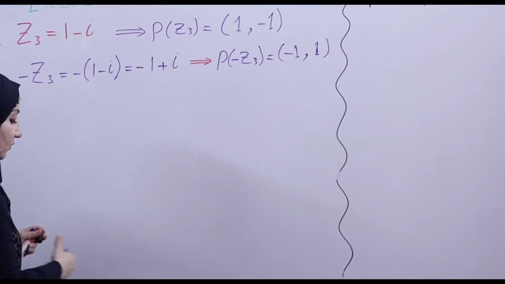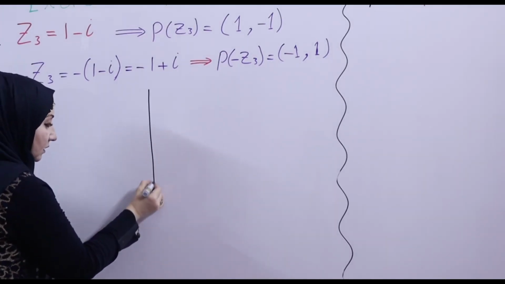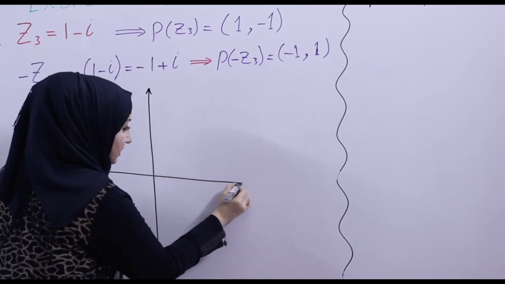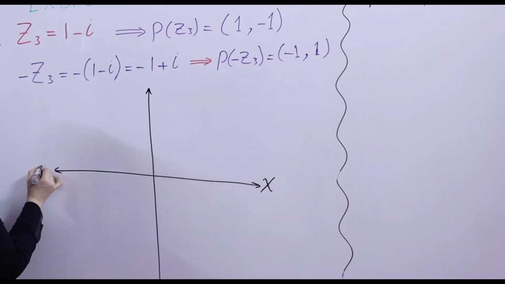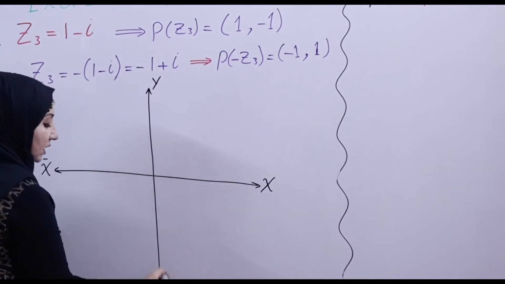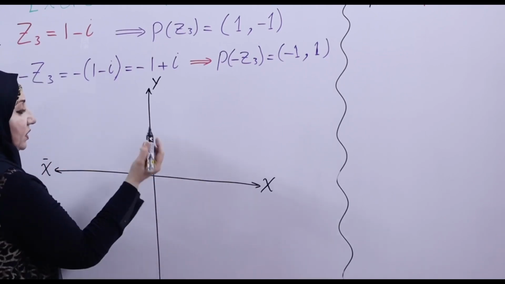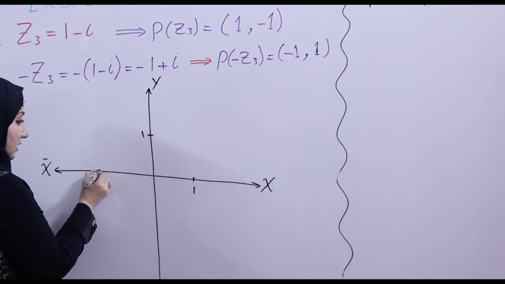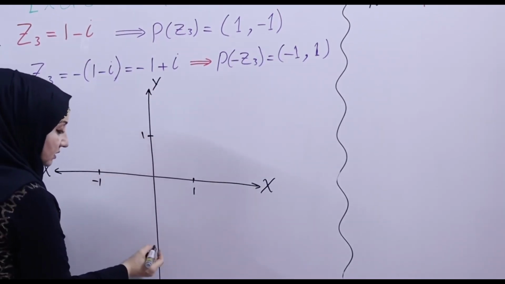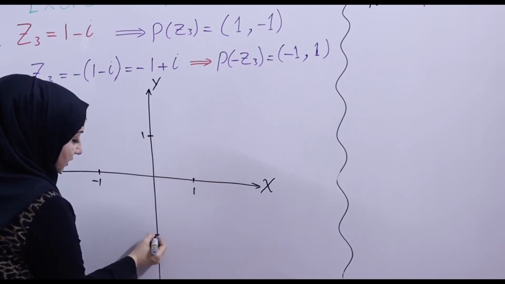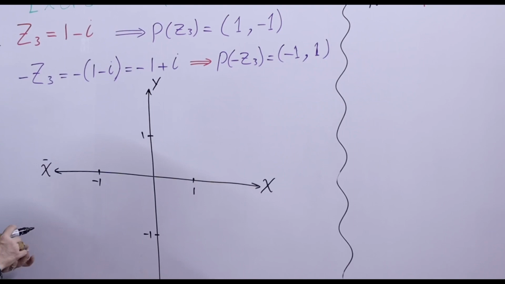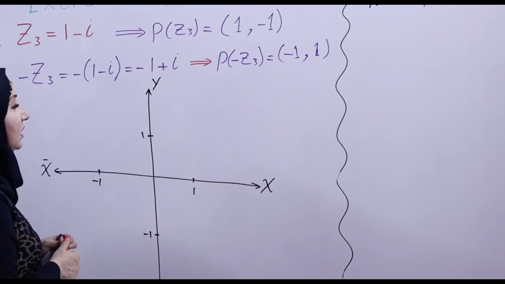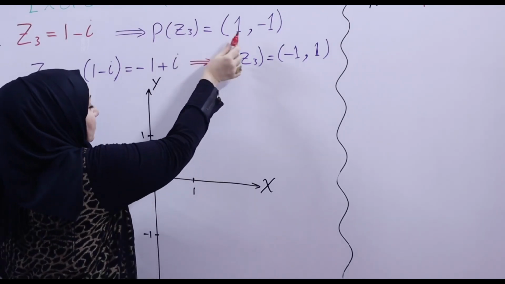And we will draw the vertical axis and horizontal axis, which represent the x-axis, and here is the y-axis. So we need the points positive 1 on the y-axis, and here negative 1 on the negative x-axis, and here is negative 1 on the negative y-axis. So now we can represent the first point, which represents